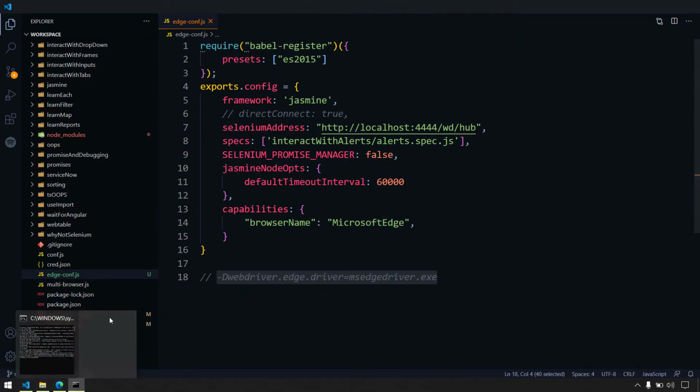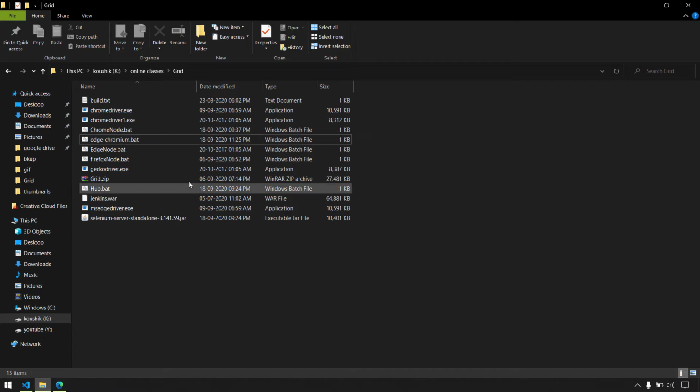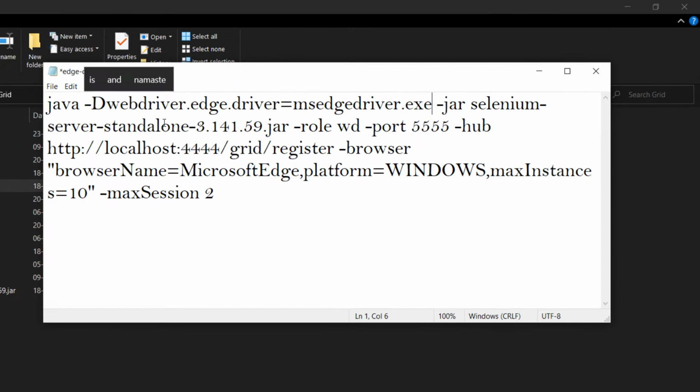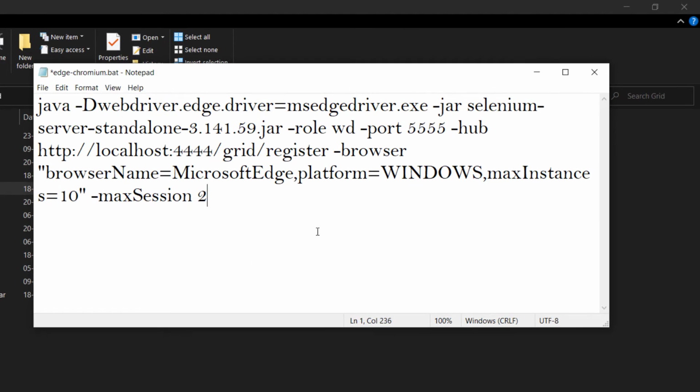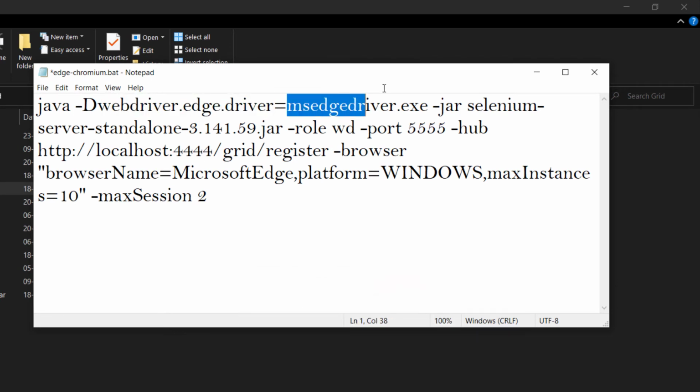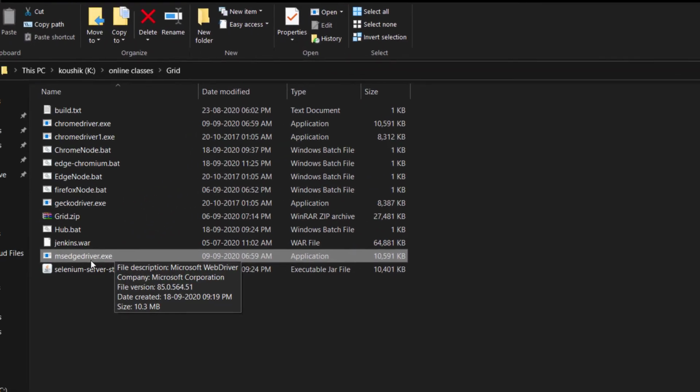Close your hub and node, maybe, and go to this bat file, edit, and here we have to specify this key. What we are doing is we are saying webdriver.edge.driver. This is similar to what in Selenium we use, System.setProperty. The same thing we are doing here, and here we are specifying this driver exe that we downloaded from the Microsoft Edge website.